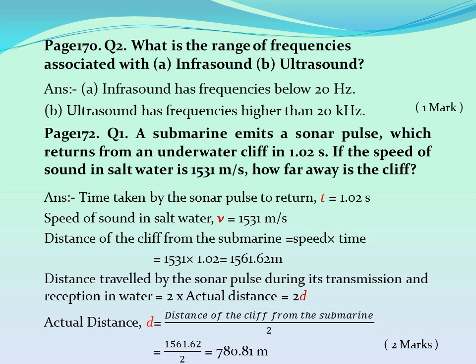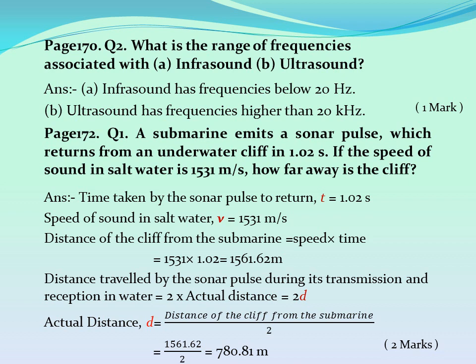Page number 172, question number 1. A submarine emits a sonar pulse which returns from an underwater cliff in 1.02 seconds. If the speed of the sound in salt water is 1531 meter per second, how far away is the cliff? Answer: time taken by the sonar pulse to return, t equals 1.02. Speed of sound in salt water, v equals